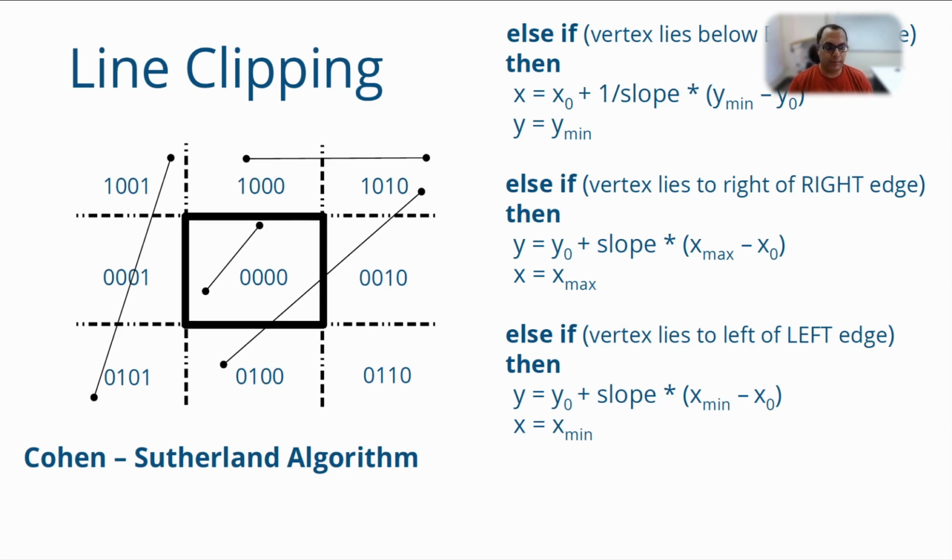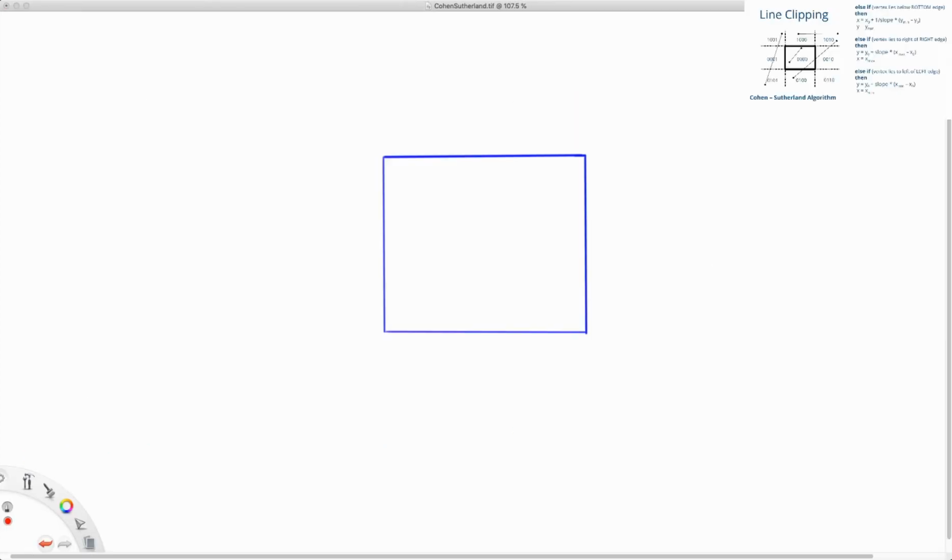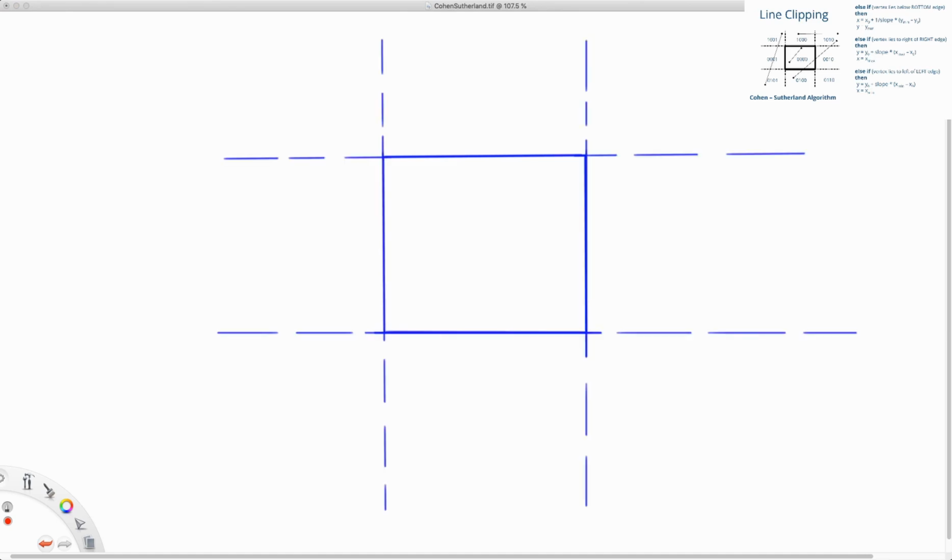Okay, so let me take you through an example in slightly more detail, and hopefully that will make it a little bit more clear. If you think that you have this window, right, and we have these regions around the window, then you can assign the outcodes.